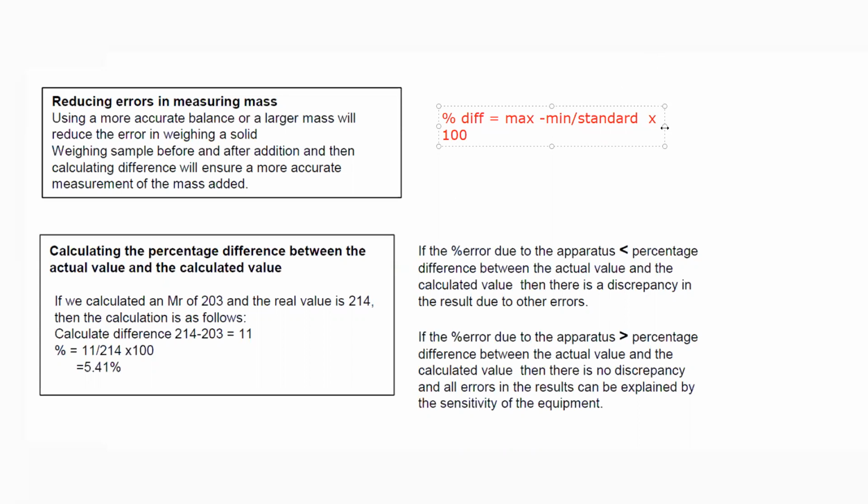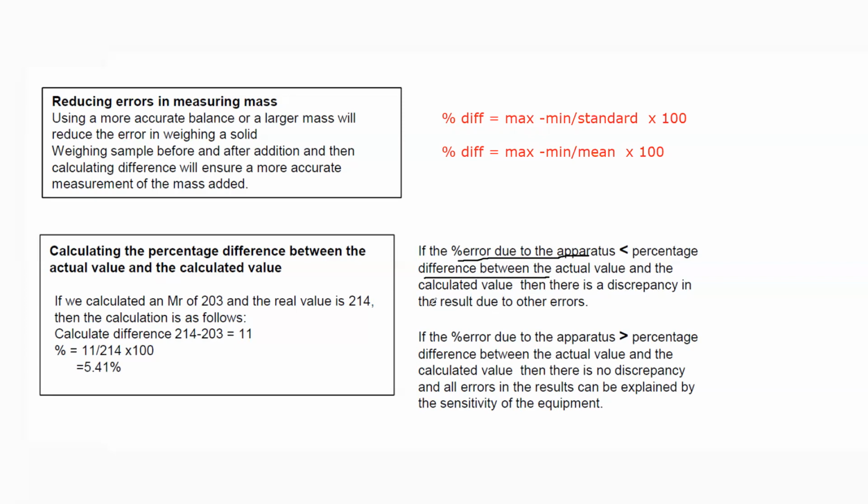But if the standard value is not given, then maximum minus minimum divided by mean into 100. Like if you don't know which one is the correct value, then this is the way. So what happens? You will compare the percentage error of the apparatus with the percentage difference from the actual value. What happens if the percentage error in the apparatus is less than the percentage difference? It means that your results are wrong